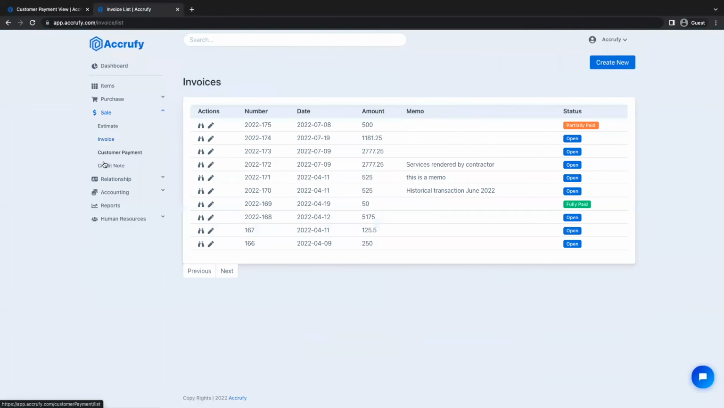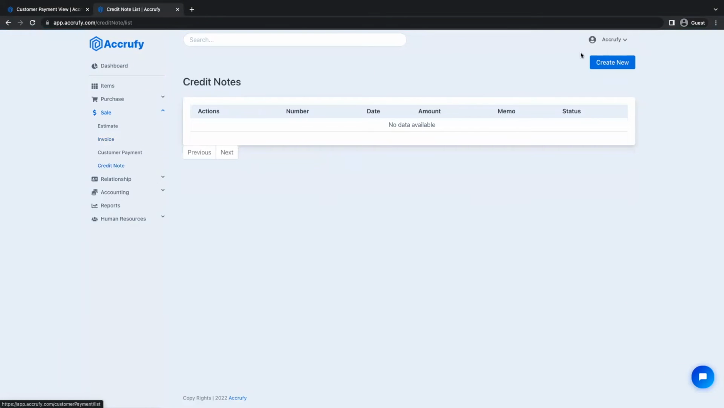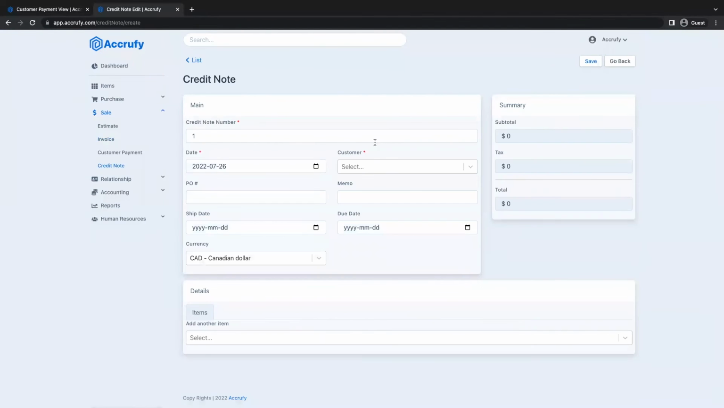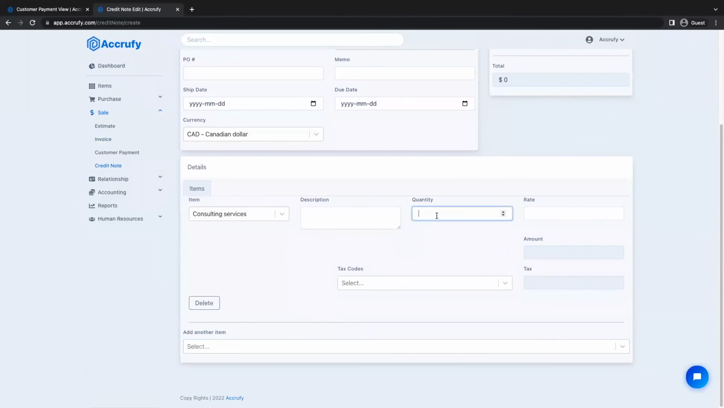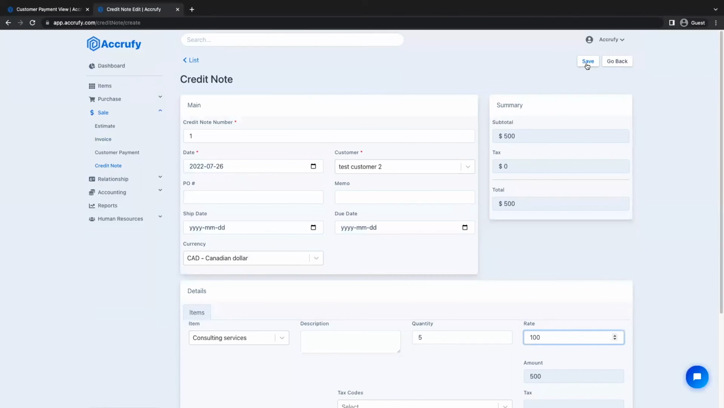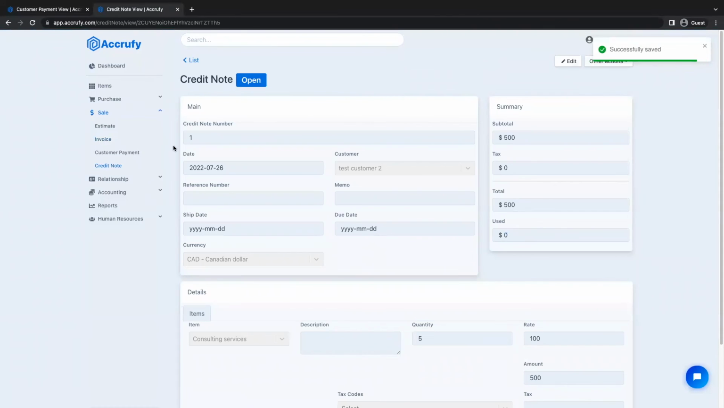If we want to create a credit note instead of a payment from the customer, we can go in the credit notes section and we can create new credit note. Then we'll choose the same customer name, and we'll choose an item, which could be the same item or a different item, however you want it to be. You can save the credit note and then go to your customer payment,